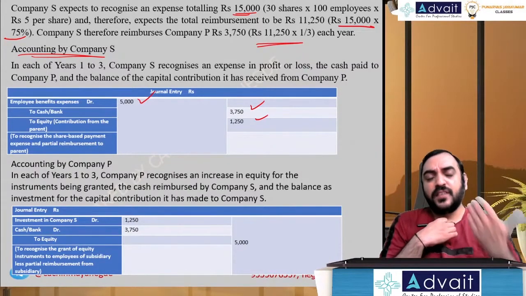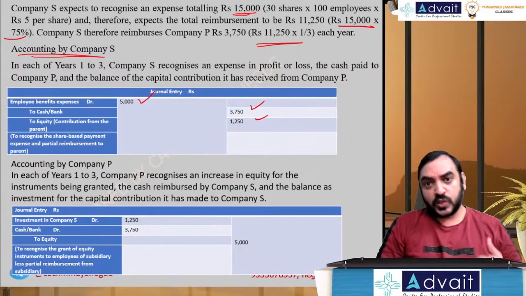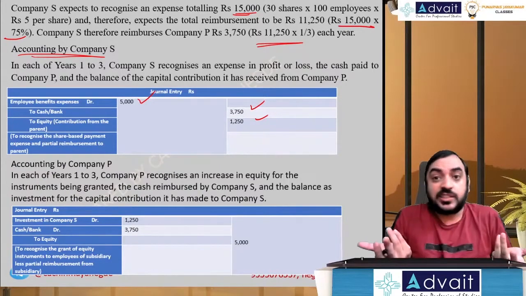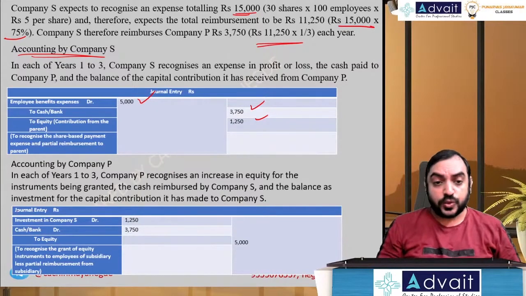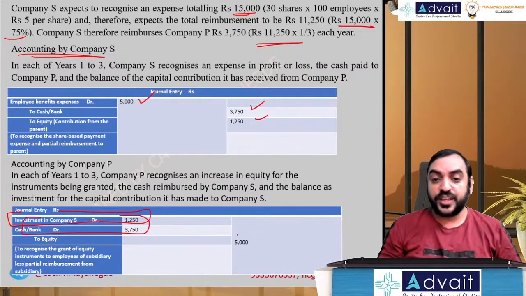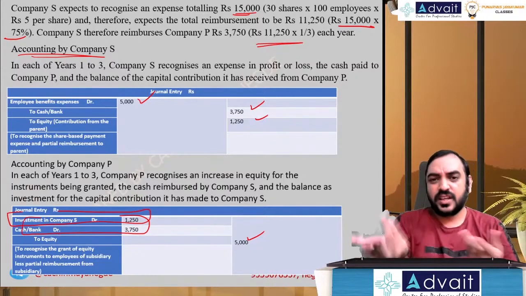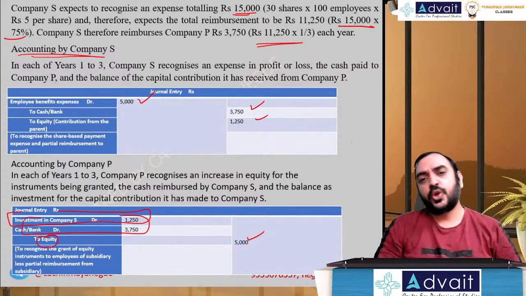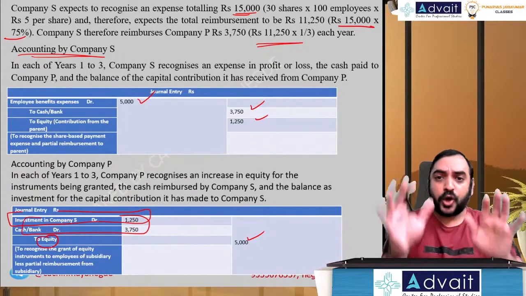So benefit received from the parent company, equity contribution received, contribution from parent. The same entry will be reversed in the accounting for company P, exactly opposite. They are going to receive 3,750 from the subsidiary, and the 1,250 benefit they are giving, they are not receiving anything for it. Basically that is investment in subsidiary in the nature of equity. So investment in company S in the nature of equity account debit, bank account debit, to equity 5,000. Whether it is to share capital or to bank, to shares issued, to share capital, to securities premium, all those things will go to equity depending on how many shares are issued. Hope you understood broadly what the point is here.